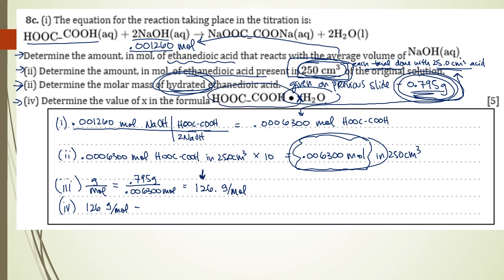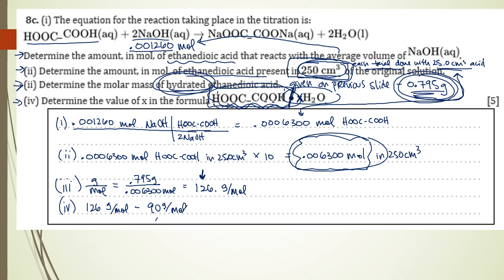So HOOCCOOH, I've got 2 carbons, 2 times 12 is 24. I have 2 hydrogens times 2, that's 26. 26 plus 1, 2, 3, 4, 4 times 16 is 48. No, that's wrong, 64. 64 plus 12 plus 2 gives me a grand total of, oh wait, there's 2 12s, sorry, 90 grams per mole. Sorry, that was rough mental math. I should have used my calculator. 90 grams per mole is the just